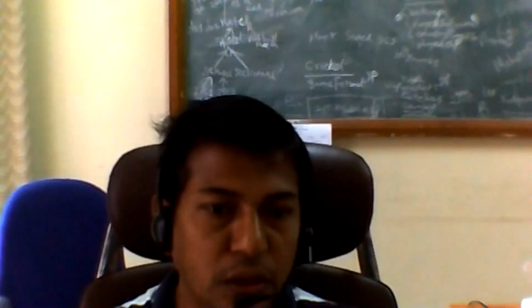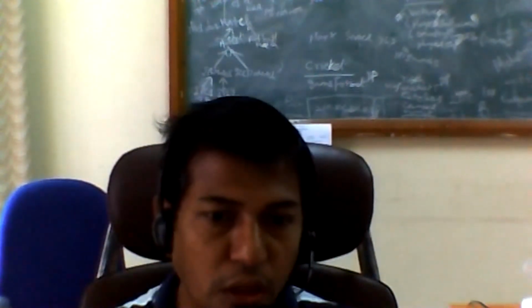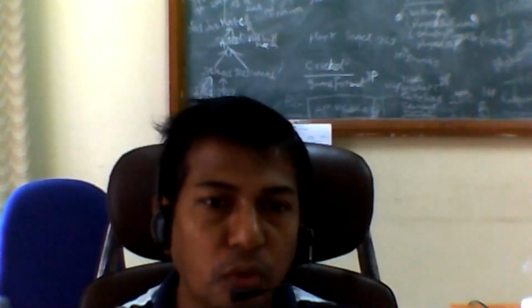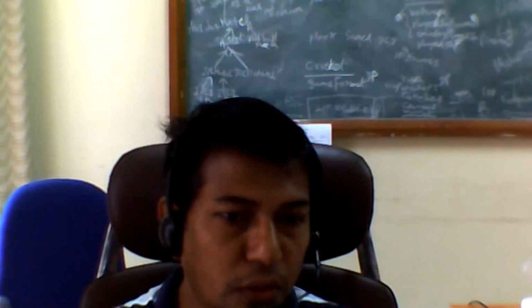I would like to give you the idea of what we mean by ontology documentation, why it is required, and how it's really going to be useful. Let me share my screen. I won't really go through the PPT, I would like to go directly to some of the examples.